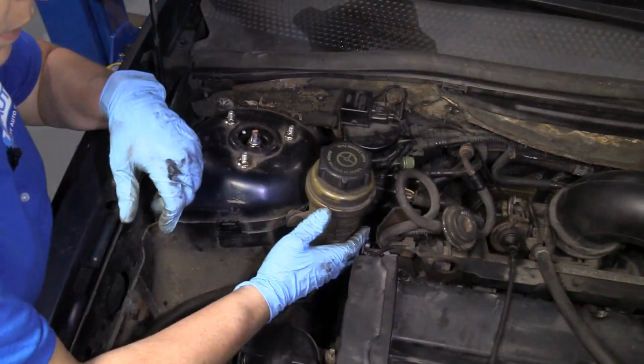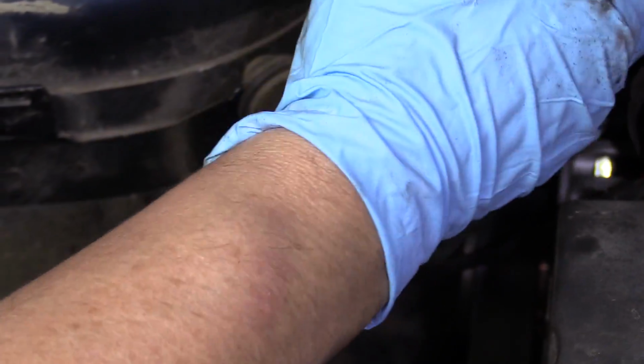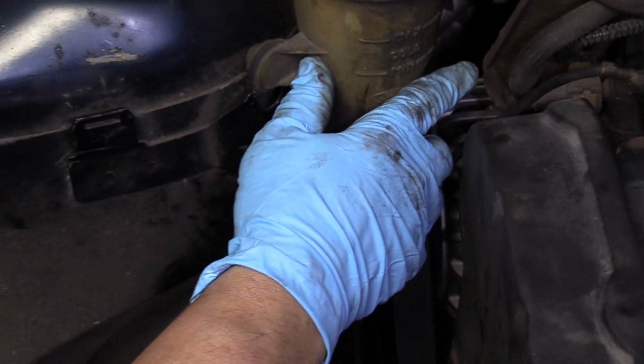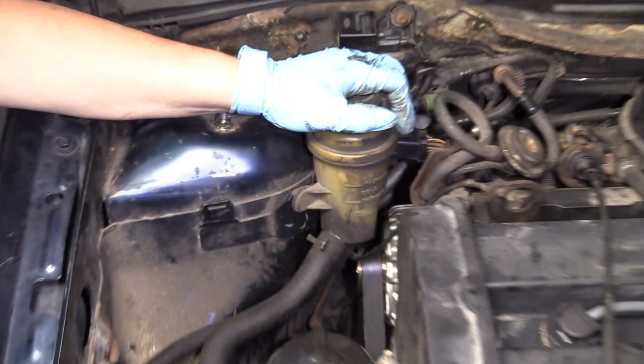Okay, I'm just going to put the power steering reservoir back in place. There we go. There's 3 rubber bushings on here. You want to make sure they're lined up in the little slots that are cut out for them. There we go. So there's 1 down below, 1 here, and 1 in the back. And it'll just pop right down. Let's get the overflow tank